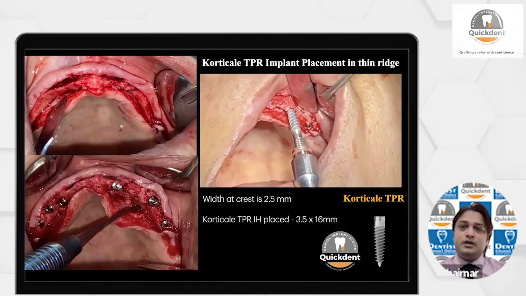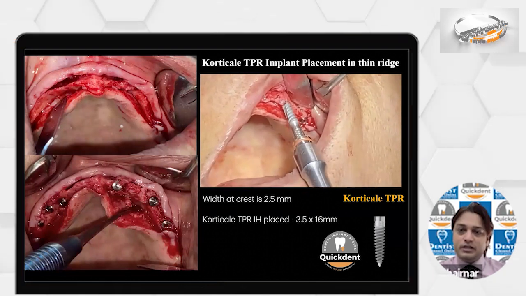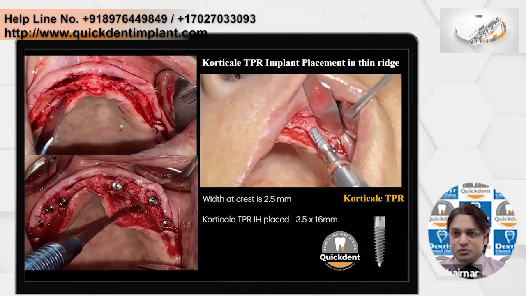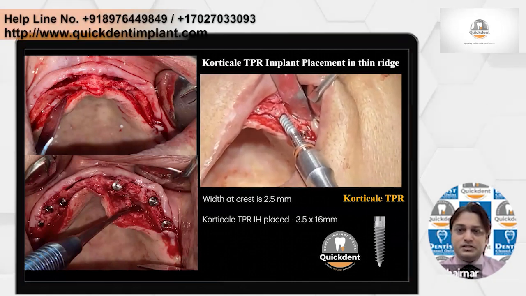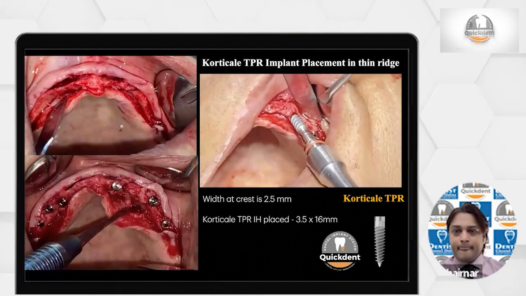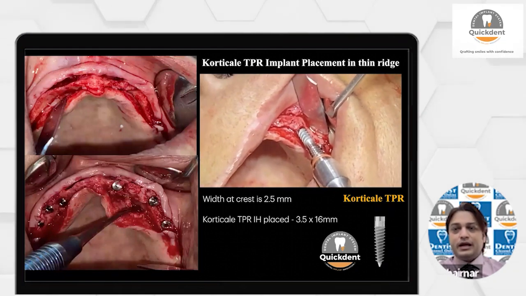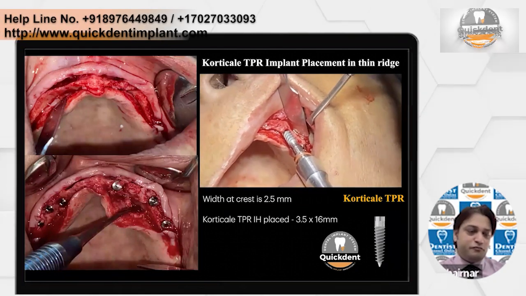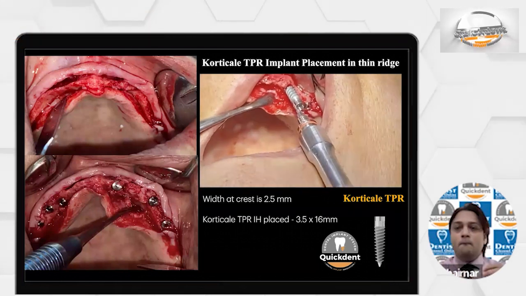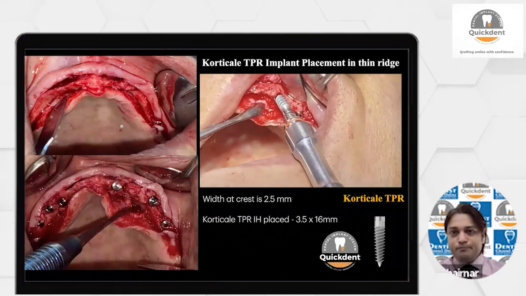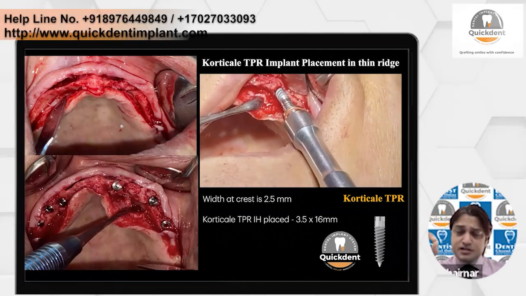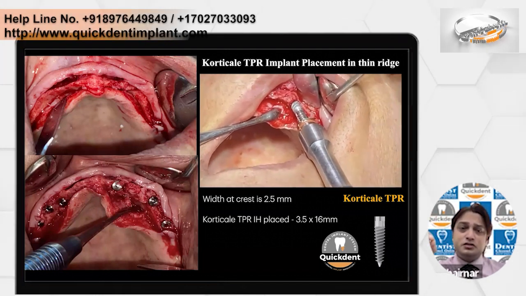One of my periosteal elevators is holding the bone so that the bone doesn't fracture, and I'm placing it very softly. You can see I'm slowly placing it, not exerting any extra force on the buccal bone. Our direction of insertion should be similar to the direction of osteotomy.